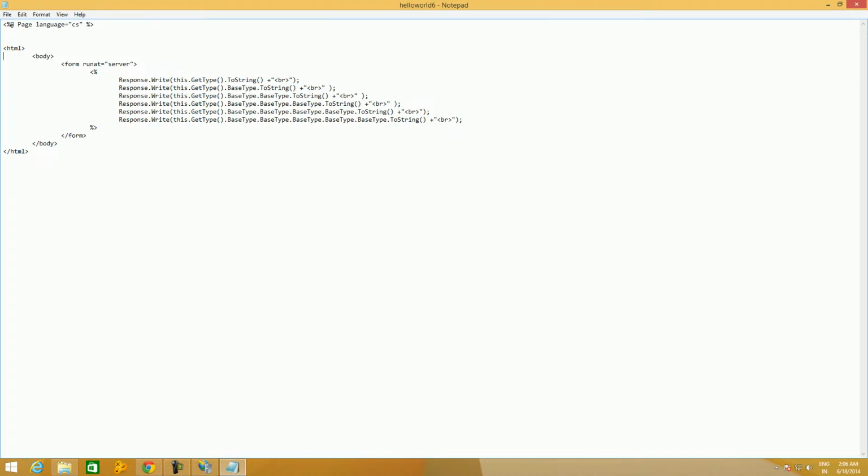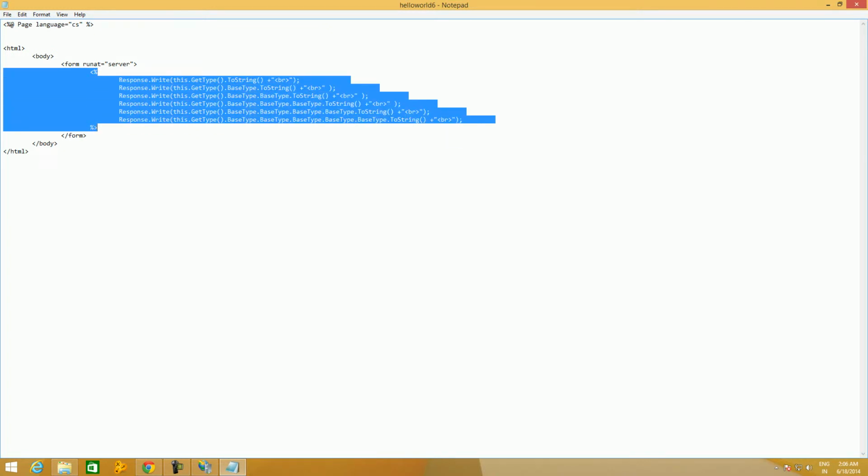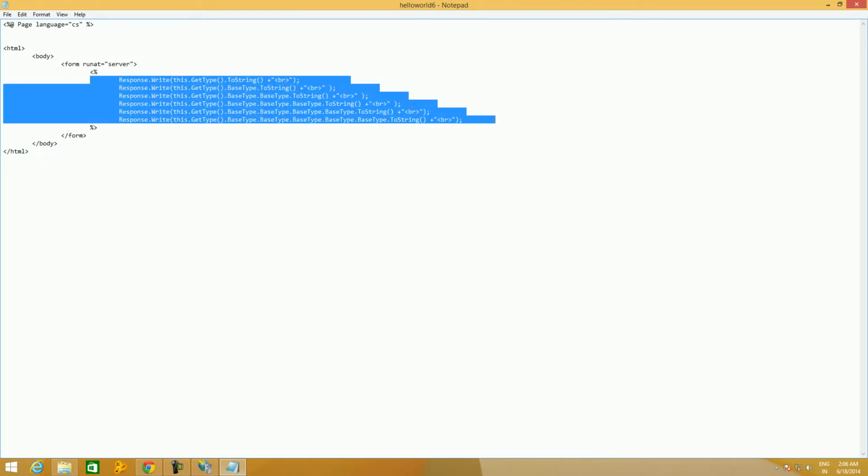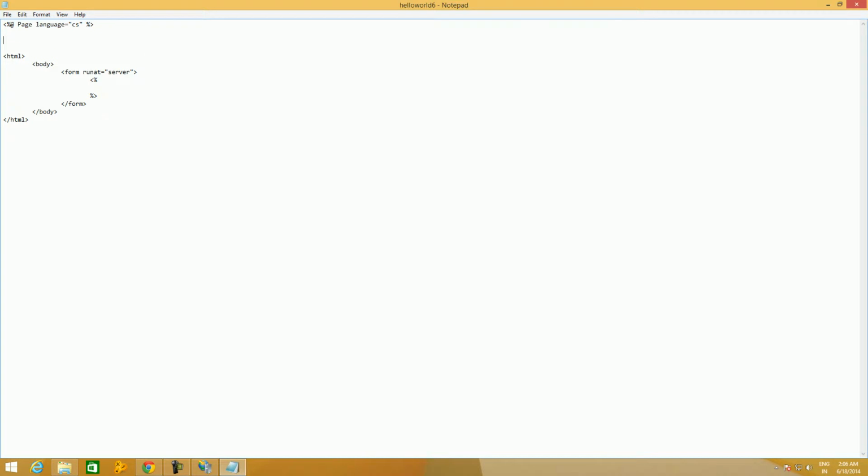You can also separate this a little bit. We'll separate it from HTML, but definitely in the same file. So for that we'll copy this and we'll write a script tag. It should be declared using runat equal to server.